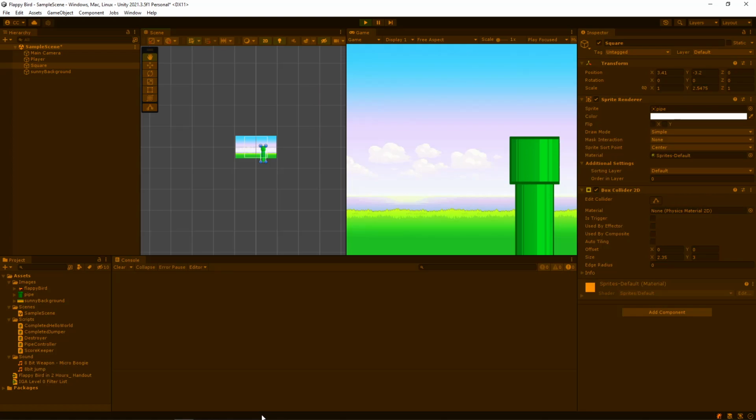Okay. So what we want to do is, there's no component in Unity that says when we click space or we left click or something, or we tap the screen, make this bird flap. There's no component that says that. What we have to do is go into custom scripting and script in our own component for that.